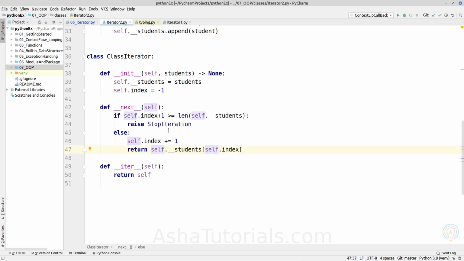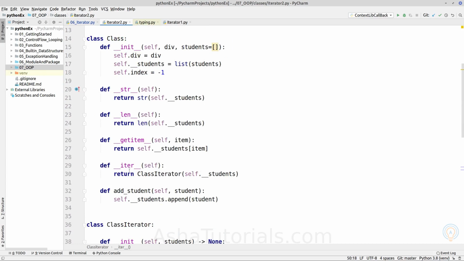Now it will not allow multiple iteration over the same iterator object, and other logic is the same. And for the iter method of the class Iterator, it returns itself.